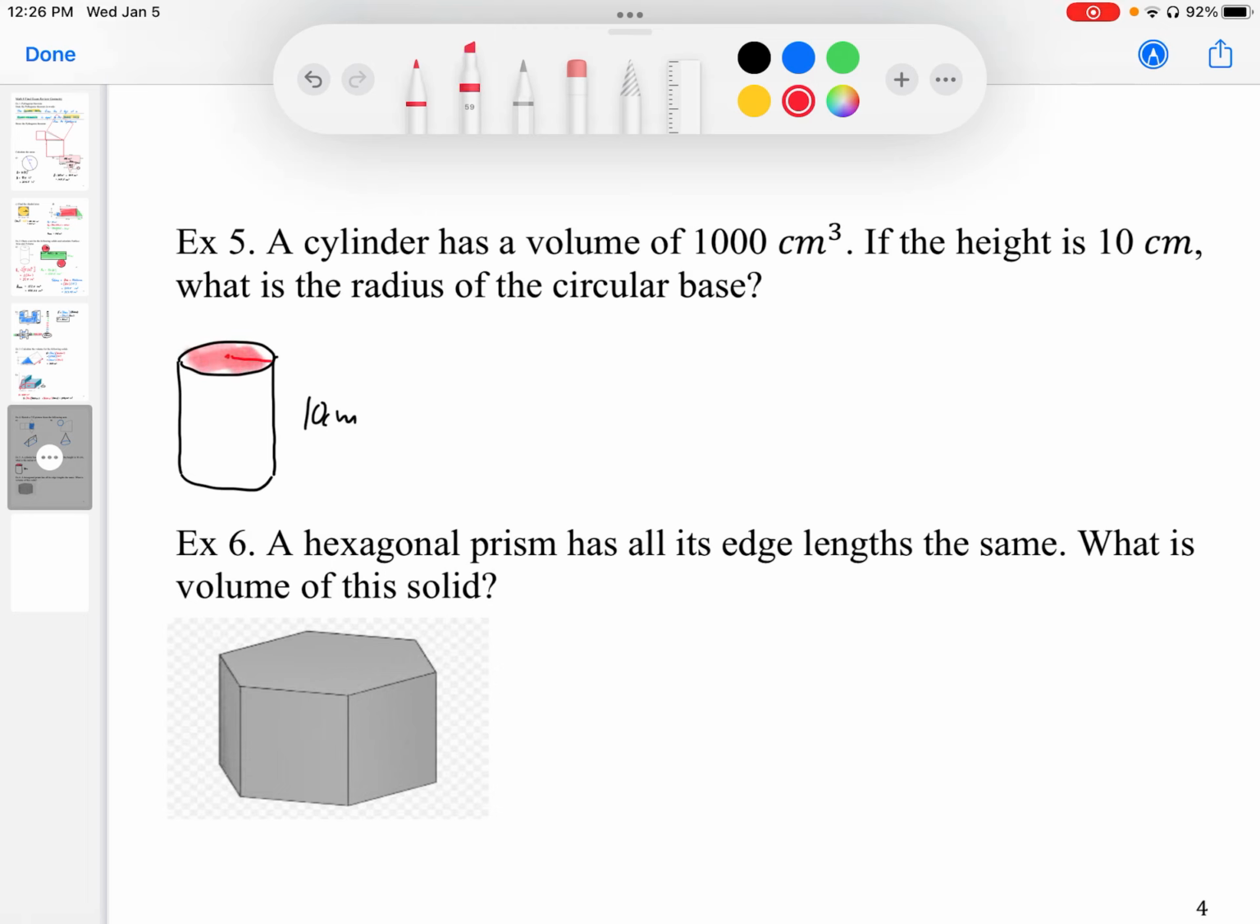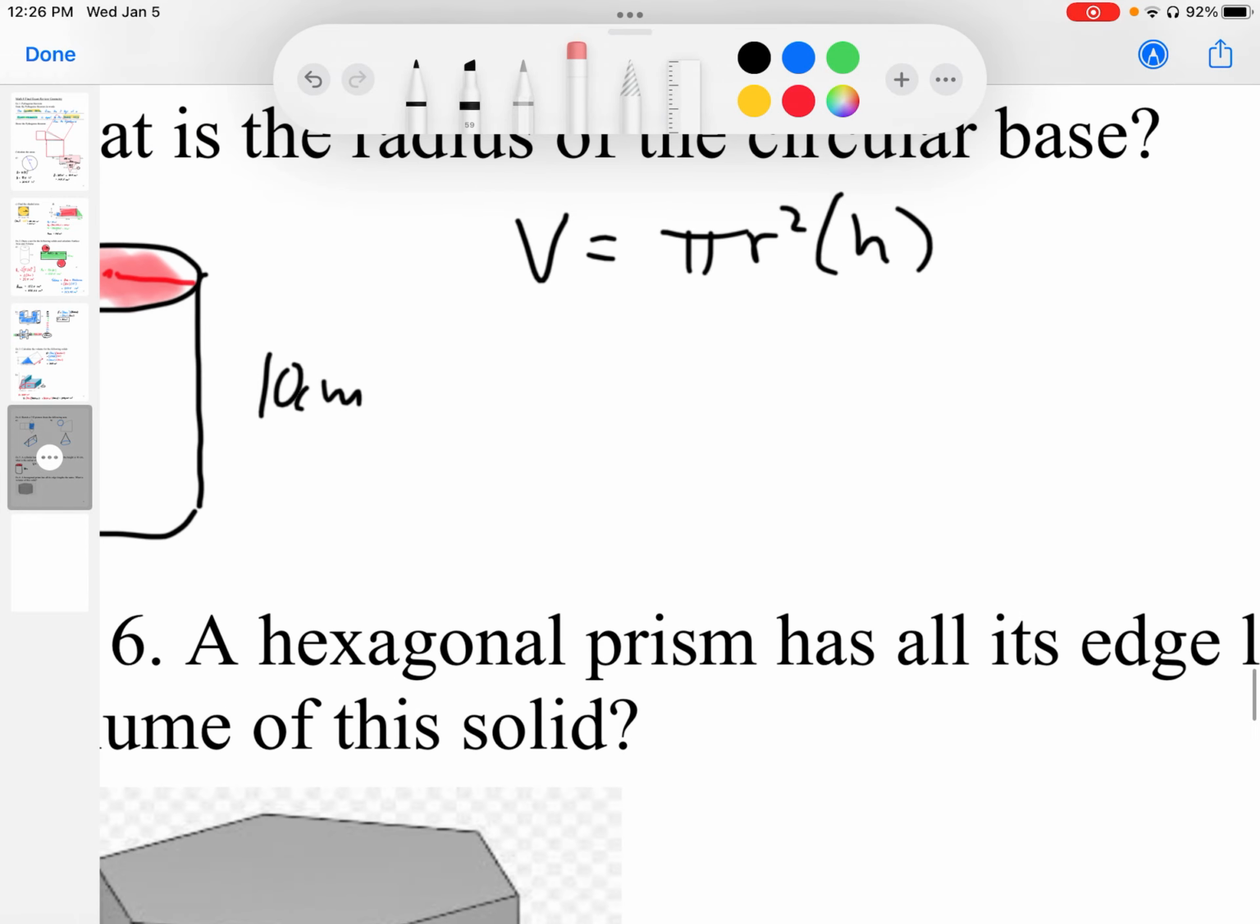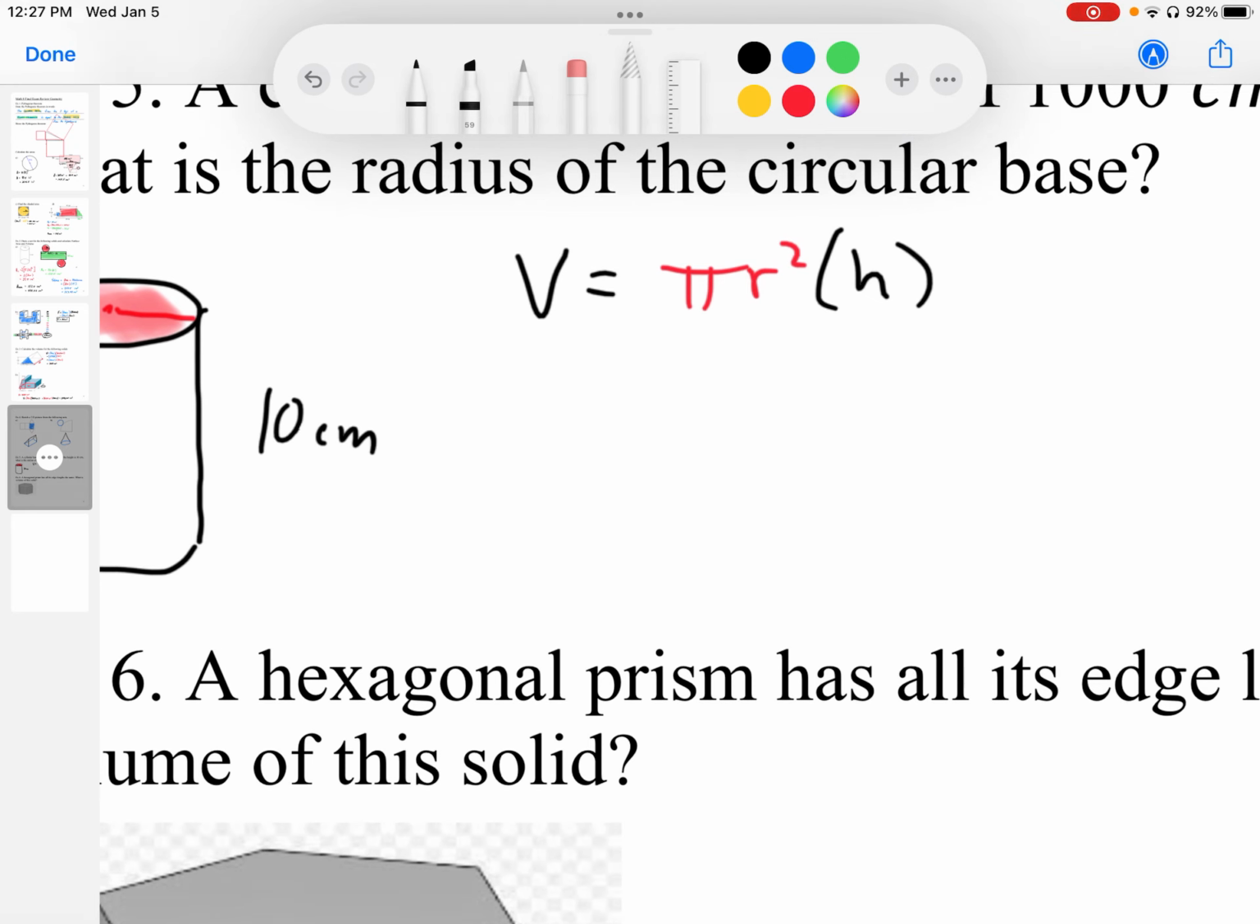What I can do first is write this out in this way: the volume is equal to pi r squared times height. We have the height. I'm just going to zoom in a little bit here, it's a little bit neater. That's 10 centimeters of height, and the pi r squared represents that circular base that we want. So I'm first going to solve for that circular base. I know that 1,000 centimeters cubed of volume divided by the height, which is 10 centimeters,